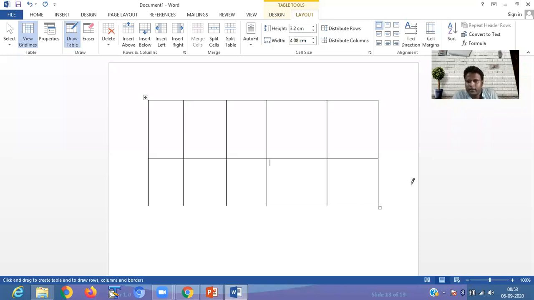Check here. Here your elements are stored in multiple rows and multiple columns. Your multiple rows are present and here multiple columns are present.